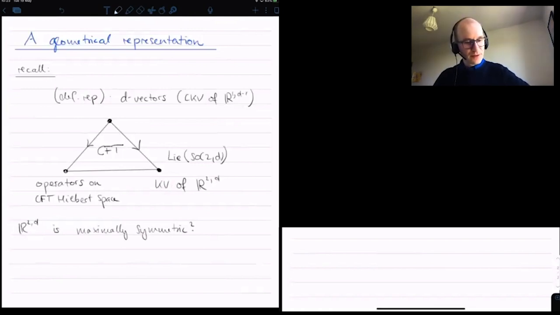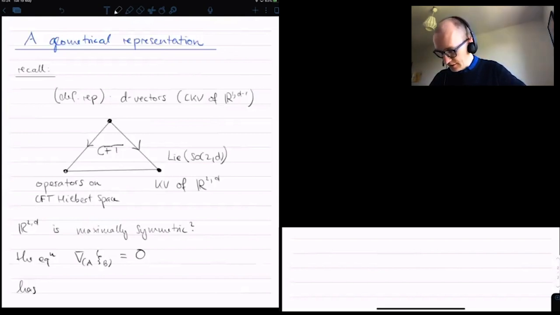Well, it is maximally symmetric, which means that if we look at its equation for Killing isometry, this is equal to 0, okay? This equation has a certain number of independent solutions. You can always say that for a maximally symmetric space in a certain number of dimensions. So it has a number of Killing vector fields,